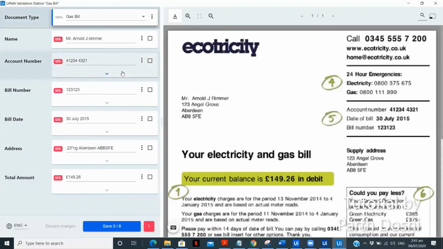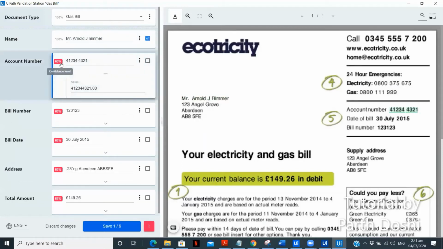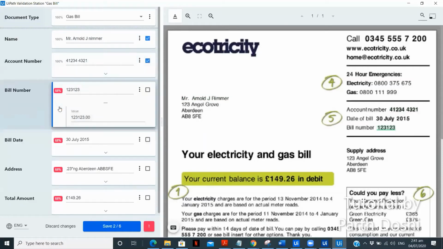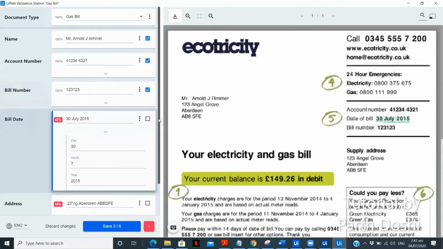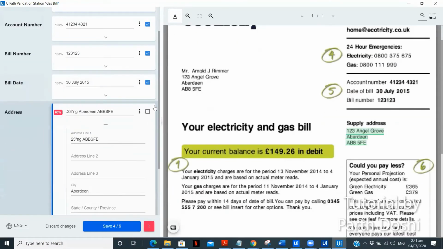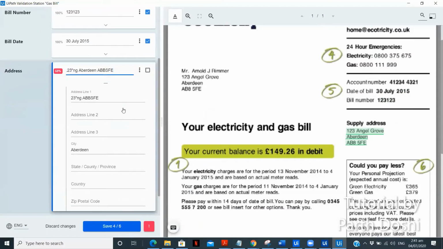So now we have the present validation. So the name is extracted properly. The account number is extracted properly. The bill number is proper. The date is proper. But here we have. So first, let me tell you, as I told you, when we fill a form, we have like address like 123 city, state of province, country, and postal code. So the data extractor obviously expects these details to be available in our document. But since this is a bit low resolution image, we are not able to extract the details properly.